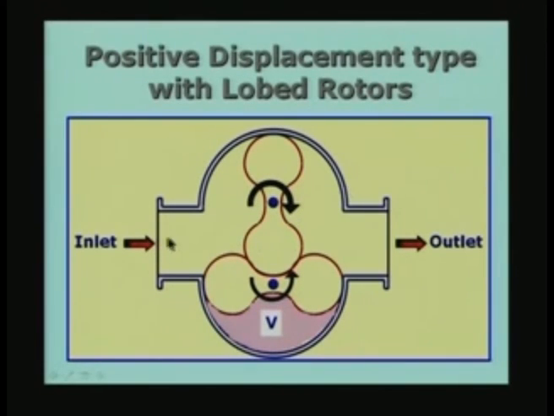That means that the amount of material coming from here is taken by the volume here and sent to the other side by what is called a positive displacement of the material. Another example which I have not shown here is a syringe. Most of you have looked at a syringe. A syringe has a very accurately bored cylinder in which there is a piston, and if you advance the piston from one location to another, an equivalent volume of the material will go out of the syringe.